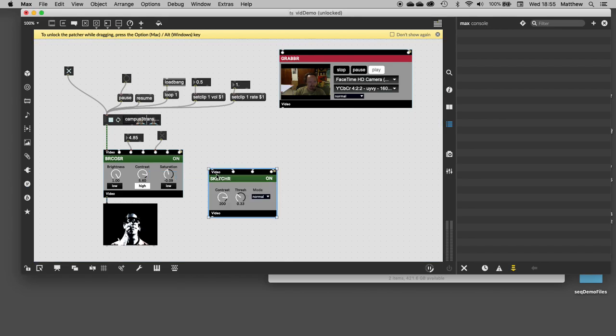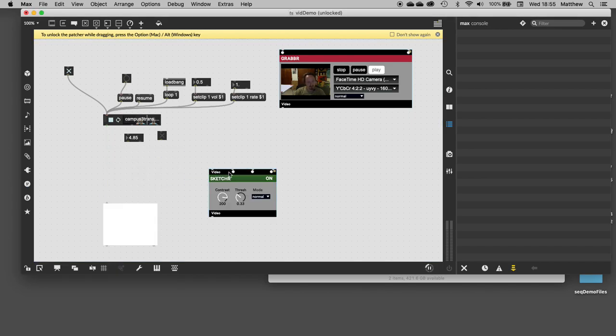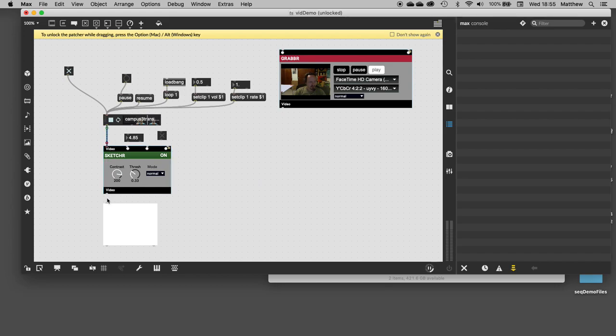What else? This one's kind of fun. Sketcher. Let's look at that one. Delete this. Bring Sketcher over here. Pop that in. And Sketcher is going to try to find the contours in our video and make it kind of like a pencil drawing. And again, we can dynamically change the mode, edge detection, and the contrast. So if we connect our float up here and adjust this back down, we can dynamically change